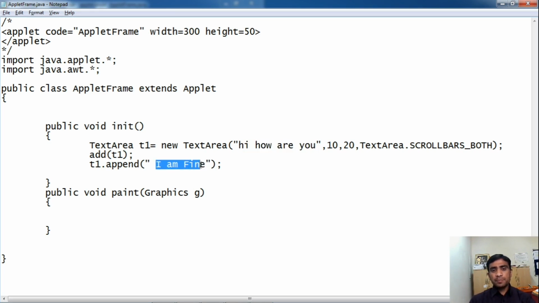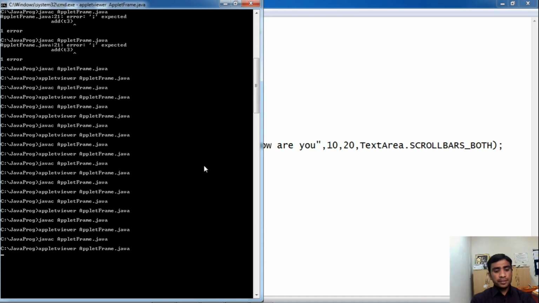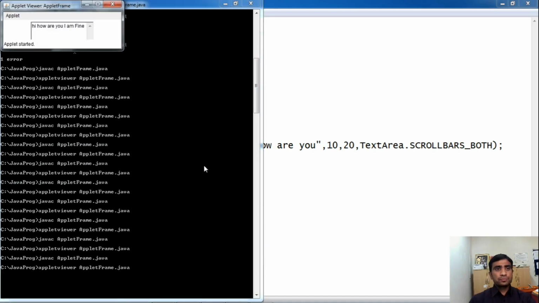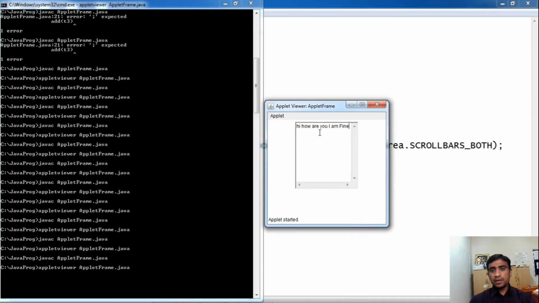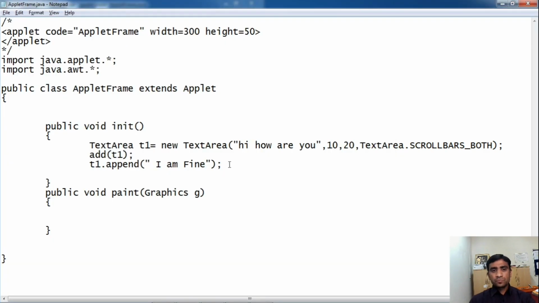This text will be appended to the text area. Control S, save it, and compile, execute. Now you can see here this text area contains hi, how are you? I am fine. Means we have appended I am fine to this text area.